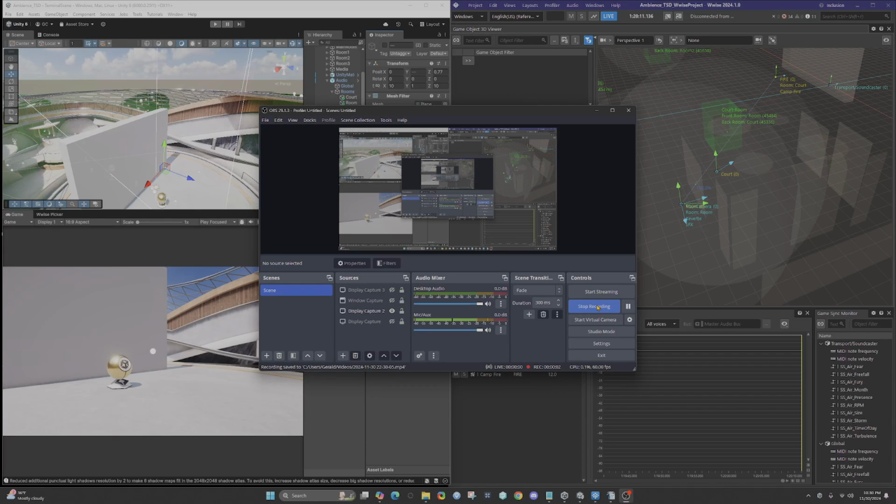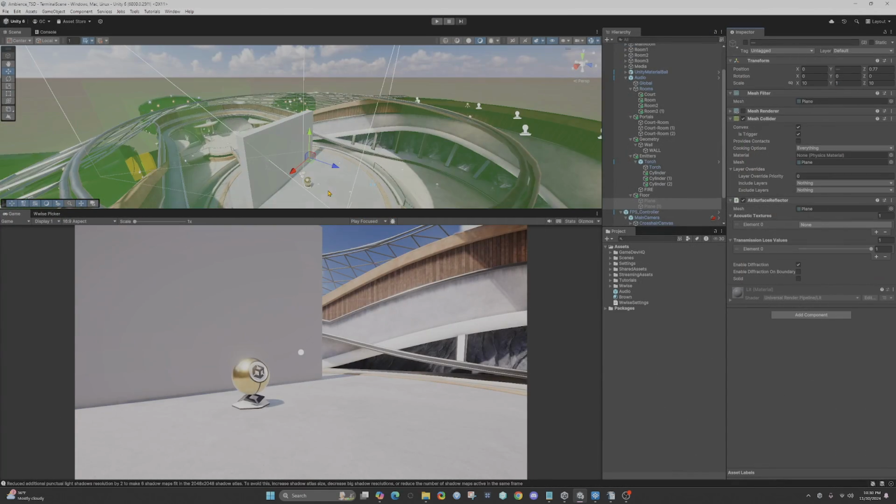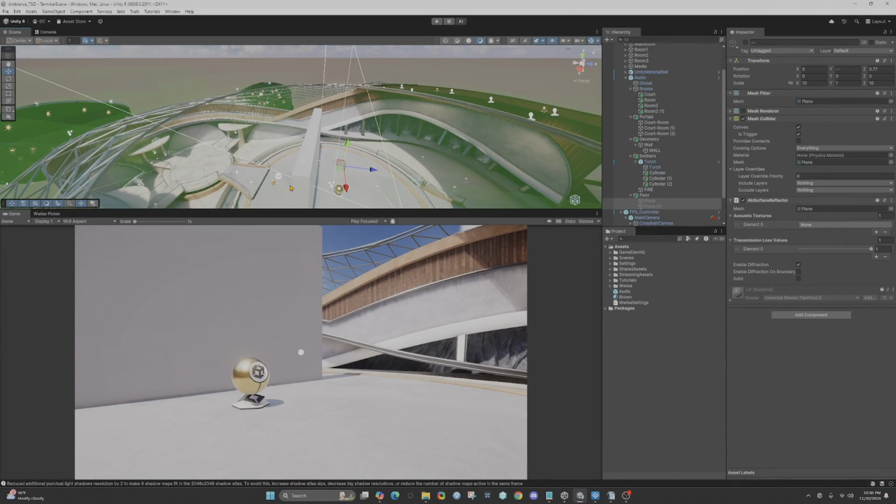Hello again. I'm back with another write-up slash video, and this one is covering diffraction and obstruction in Unity and Wwise. So the goal of my project right now, here it is, is to basically have a fireplace emit a sound